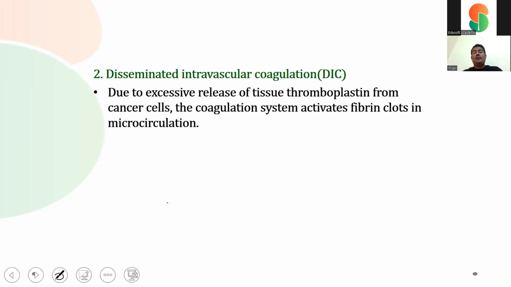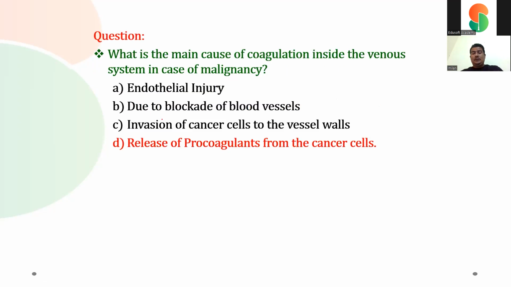Another mechanism by which intravascular coagulation can occur in malignancies is disseminated intravascular coagulation. It is due to the excessive release of tissue thromboplastin from the cancer cells. Therefore, the coagulation system activates, forming fibrin clots in the microcirculation and leading to DIC. So, in our options, all of them are correct options which can cause intravascular coagulation. But the main cause in the setting of malignancy is the release of procoagulants from the